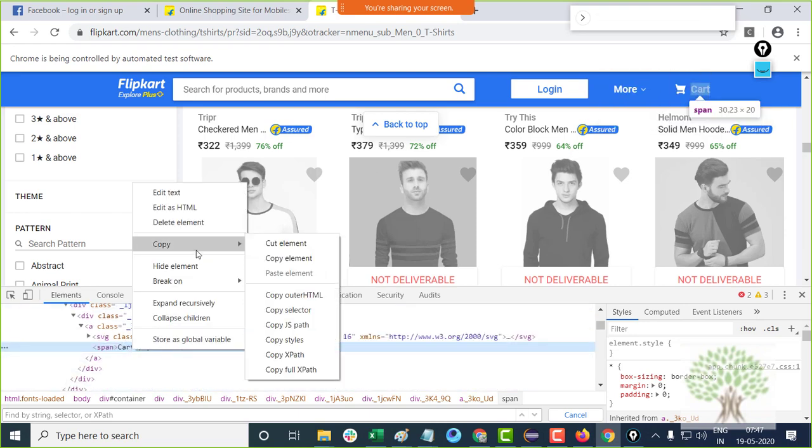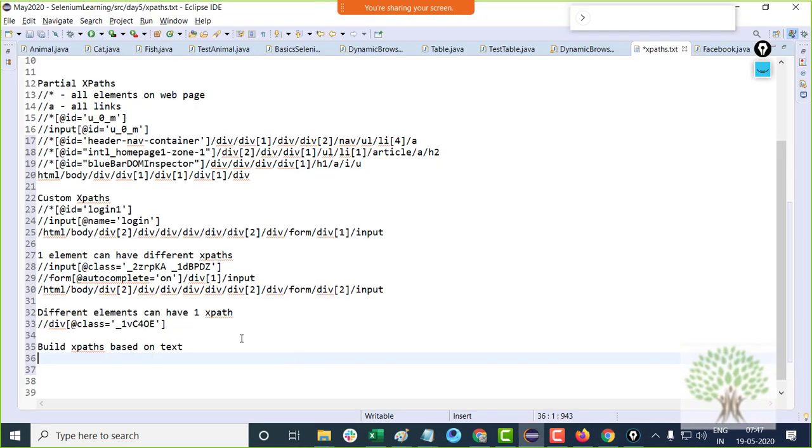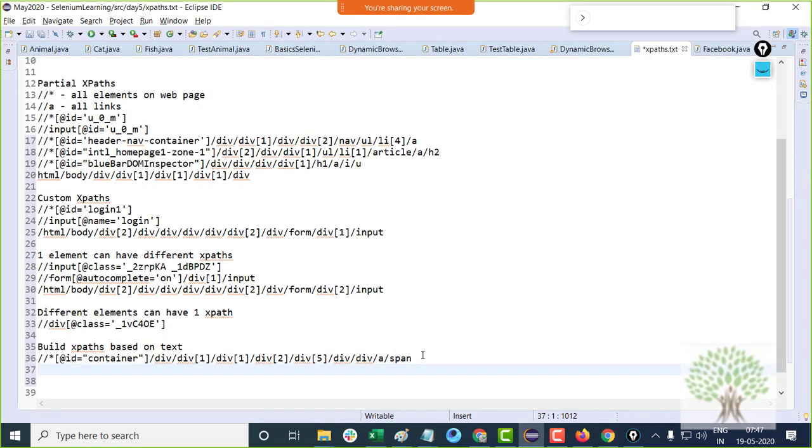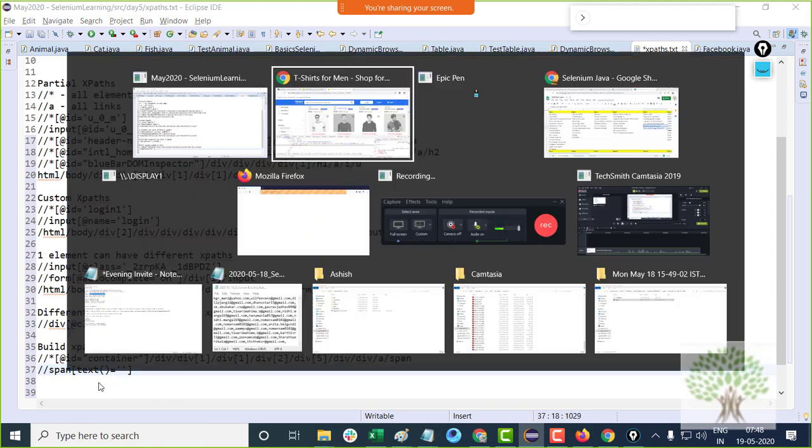If I calculate the XPath from the regular Chrome, I get the XPath like this. I can use this one, or I can simply make the XPath based on the text of this element. That is, under a span tag, I can write span whose text is equal to cart.